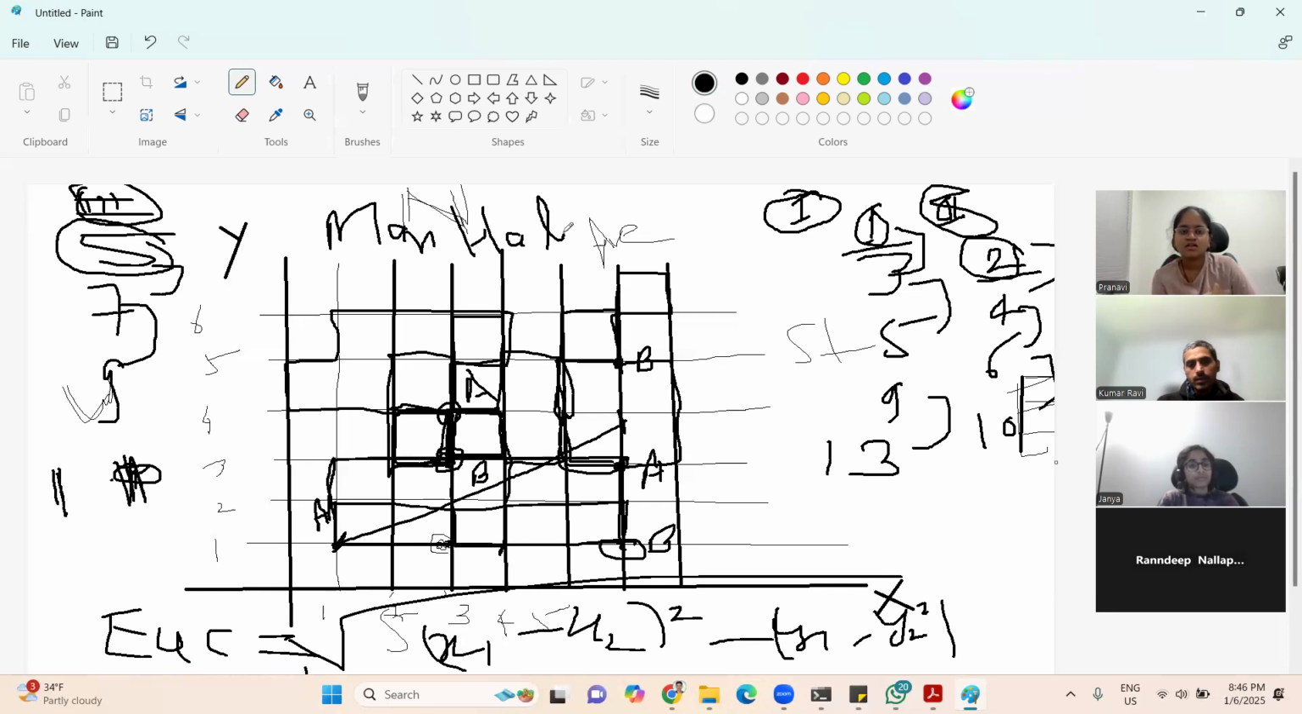Manhattan, like the city in New York. So the Manhattan formula is just